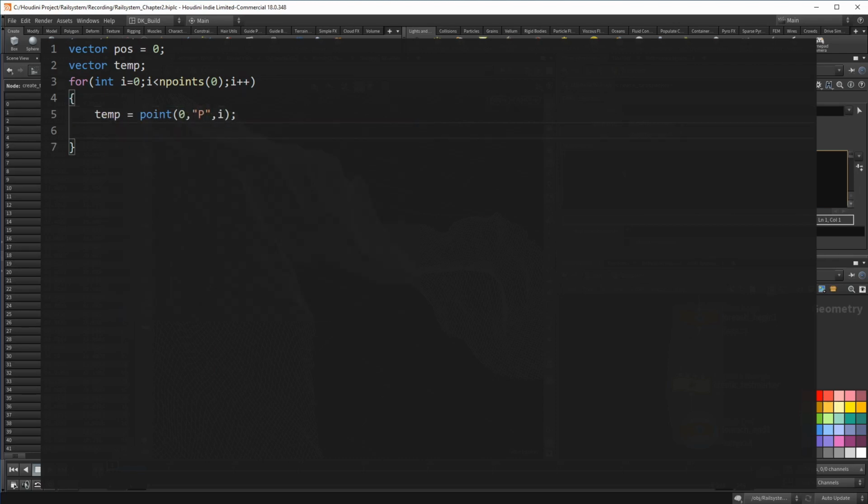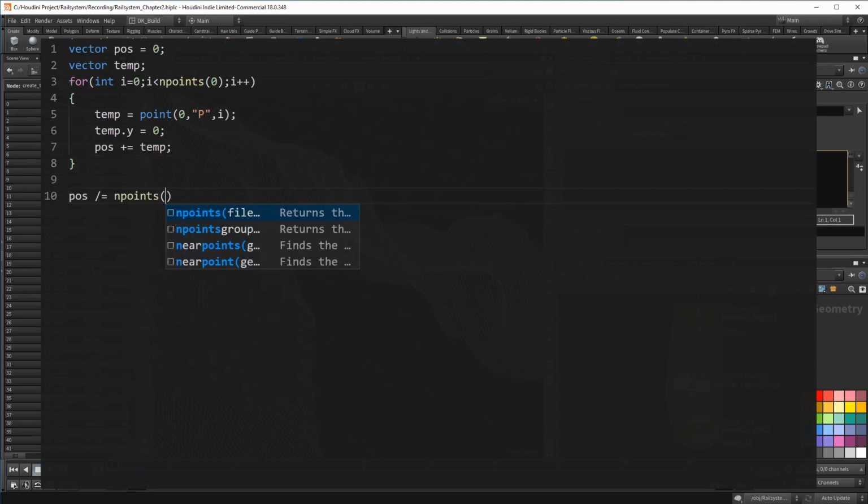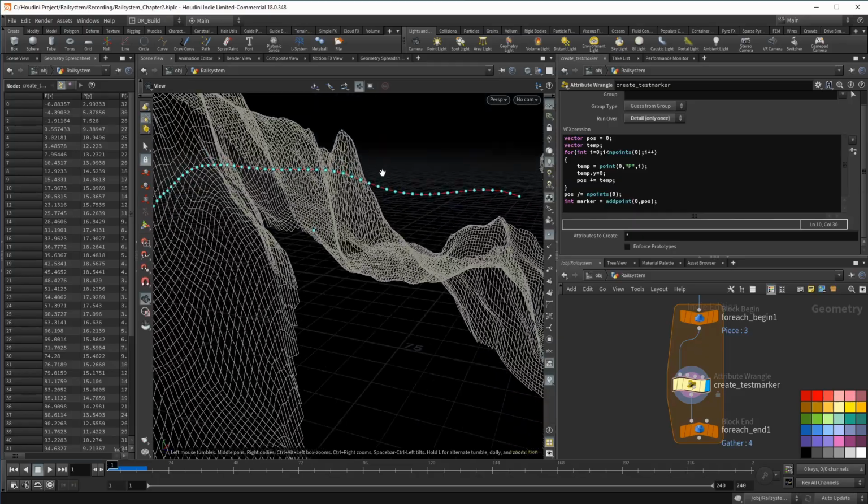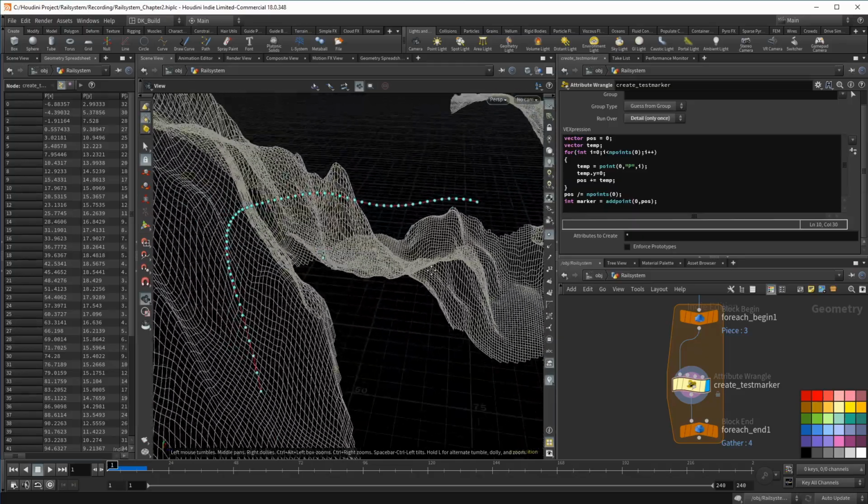When you think back to the sketch, it looked like the line was on the same level, but in the terrain the curve could be all over the place. That's why I set the y component to 0. Then just add the vector to the overall vector. Once the loop is complete, we divide that overall vector by the amount of existing points. I definitely want to see this point in the viewport, just to make sure that it is working. And there it is, sitting on the 0 plane, as it should.